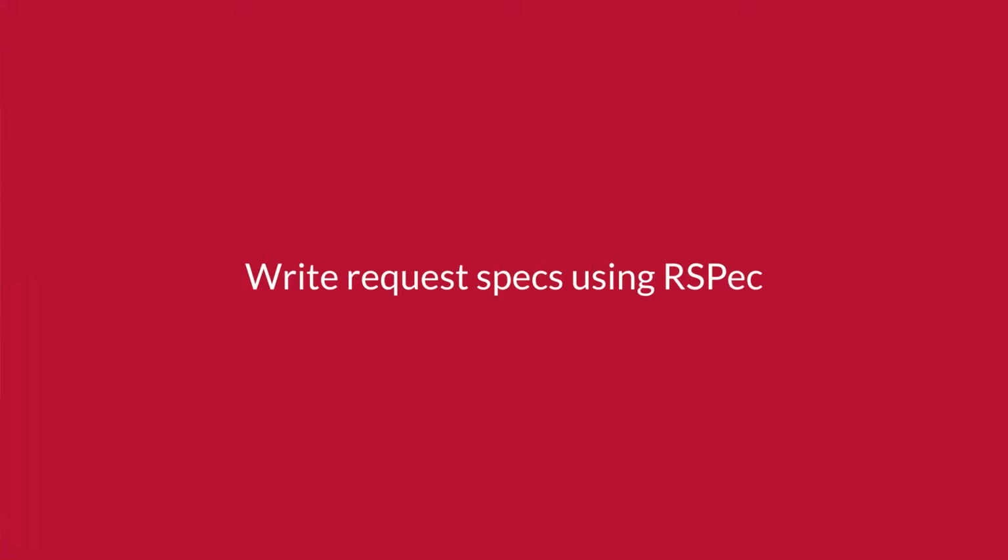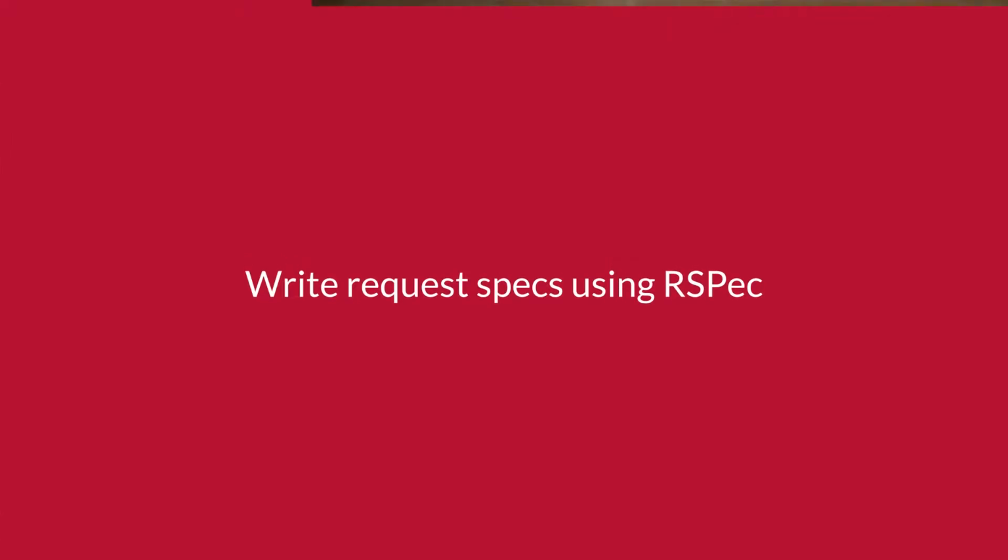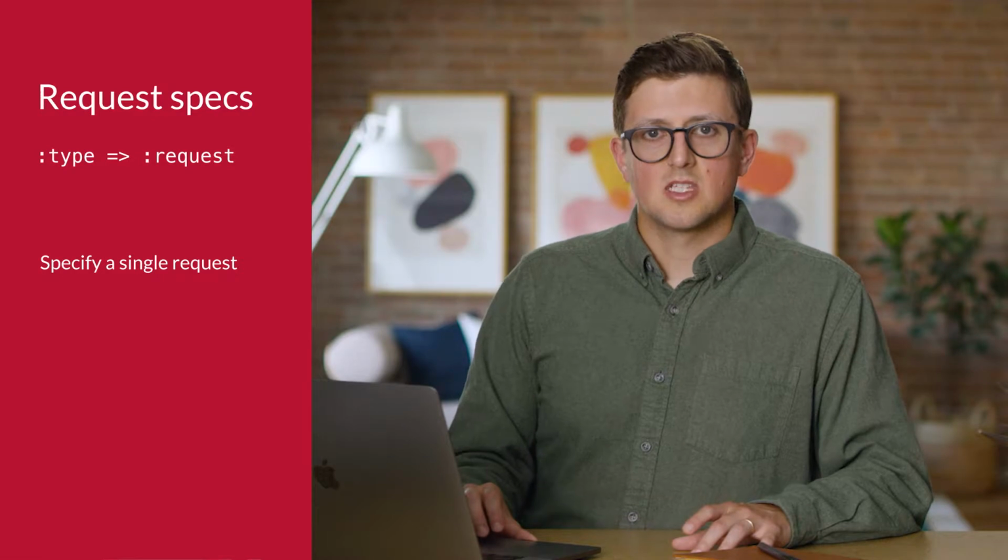In this lesson, we'll learn how to write request specs using RSpec. Request specs are designed to drive behavior through the full stack, including Rails routing. Request specs are marked by type: :request. With request specs, you can specify a single request, multiple requests across multiple controllers, or multiple requests across multiple sessions. There are higher-level tests that actually drive the browser, but we'll focus on request specs to specify the behavior